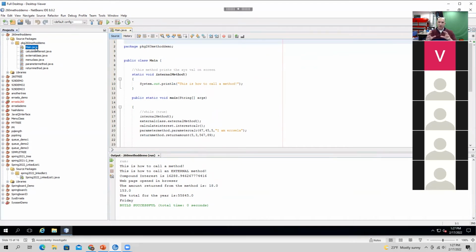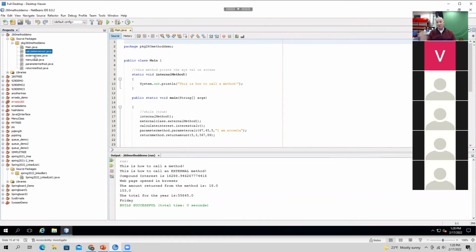So you want to structure yourself in a manner where, if what you're being asked to do is truly original and unique, you create a new class. That class is going to have a very specific function. If that class needs to talk to other objects, you may create multiple objects in the same class, or you may create a separate class with those objects as well. Any way you slice it, a Java project can have many, many classes, and each method inside those classes can talk to each other.